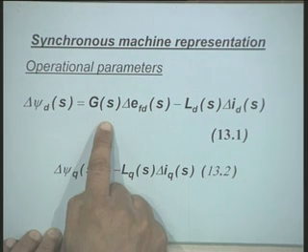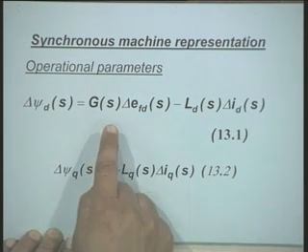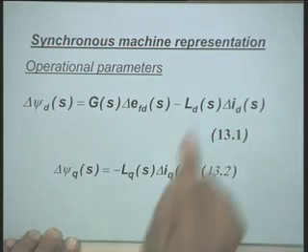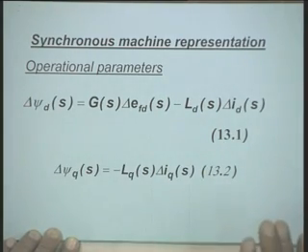You can do the curve fitting, right, and by doing the curve fitting you can identify the time constants T'do and T''do and T_kd also, right. Now, over the years in the literature a lot of emphasis has been laid on measuring the synchronous machine standard parameters. When I talk about standard parameters, these are the synchronous inductance, subtransient inductance, transient inductance, then these time constants, right.